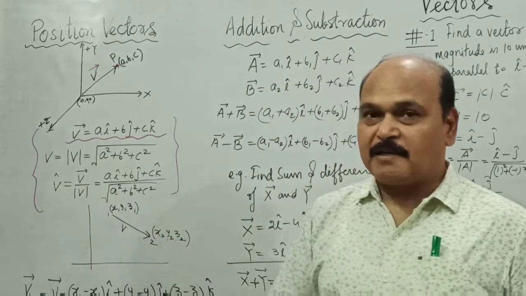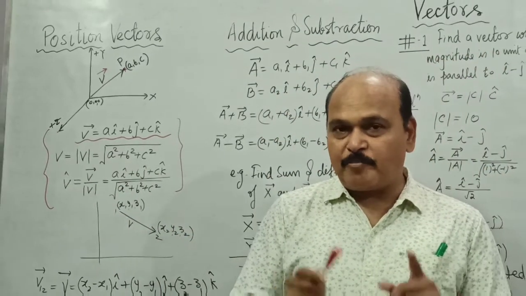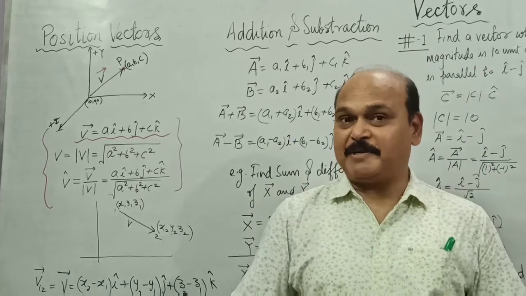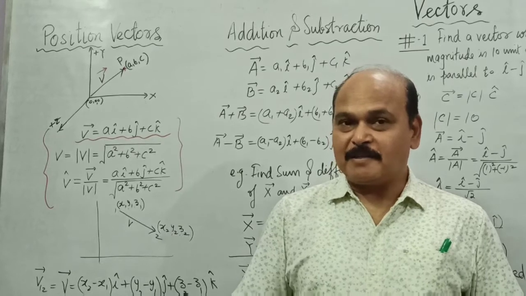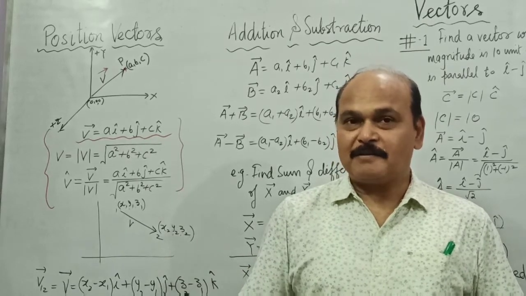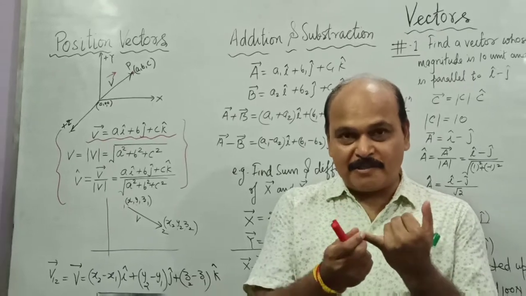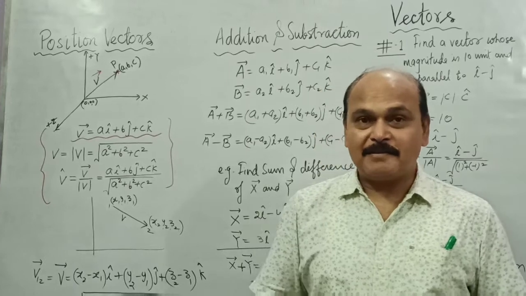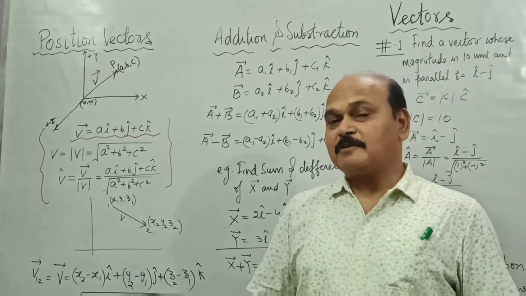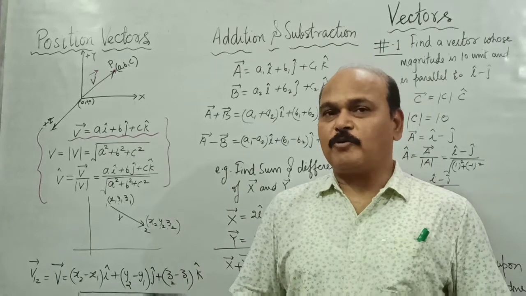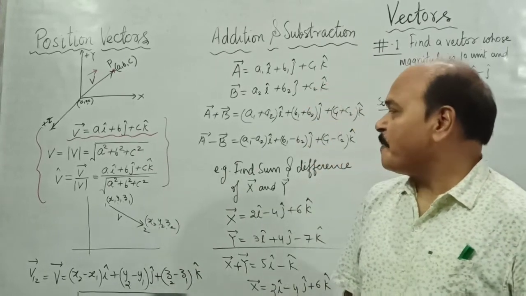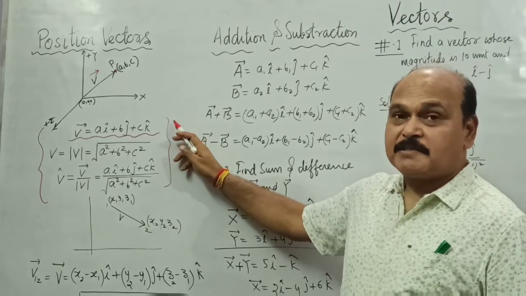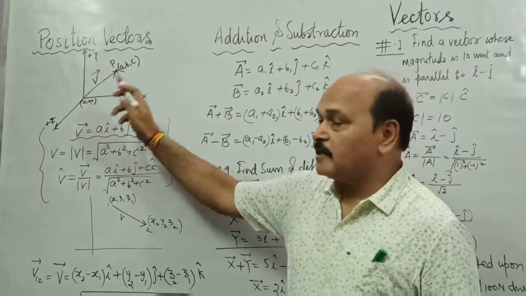Before proceeding ahead, let me tell you, position coordinates of a point in space do not necessarily represent displacement or distance. They may represent any physical quantity. They may represent velocity, displacement of course, acceleration, force, momentum or any other vector quantity. So this is the position vector of a point in space whose tail is at the origin.